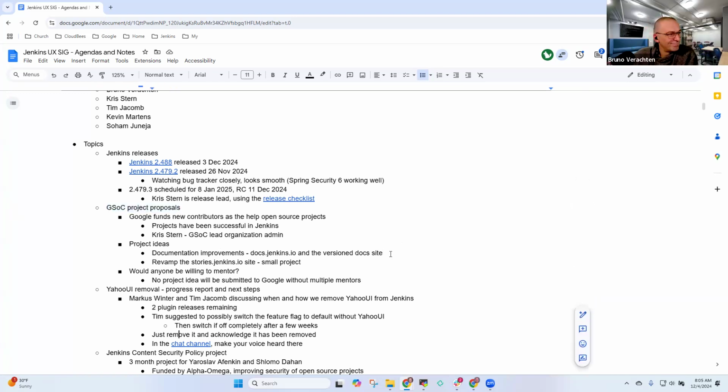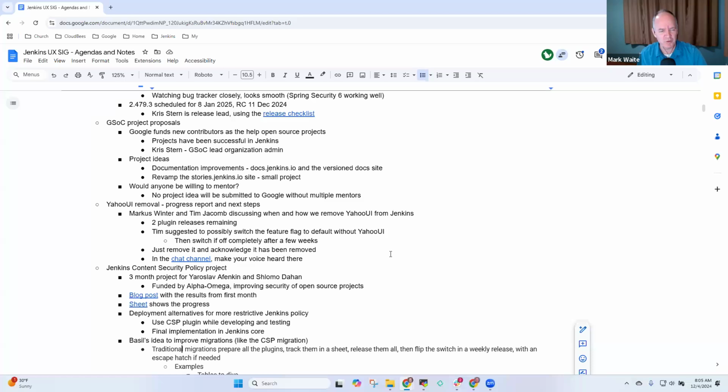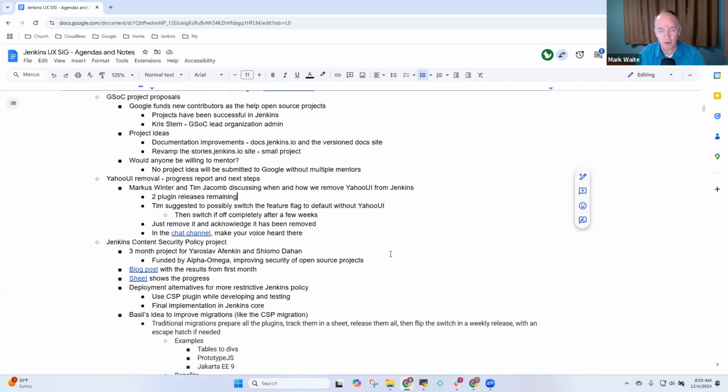Great. All right. Next topic then, Yahoo UI removal. Tim, maybe this is one for you to give the latest. I think I may be out of date. We don't have a pull request to Jenkins core yet, but what's your sense of where we're at with Yahoo UI removal? Still work to do on some plugin releases? Nope, it's 100% waiting for review